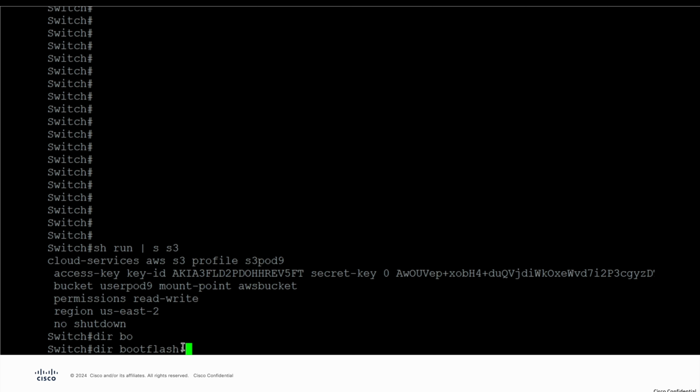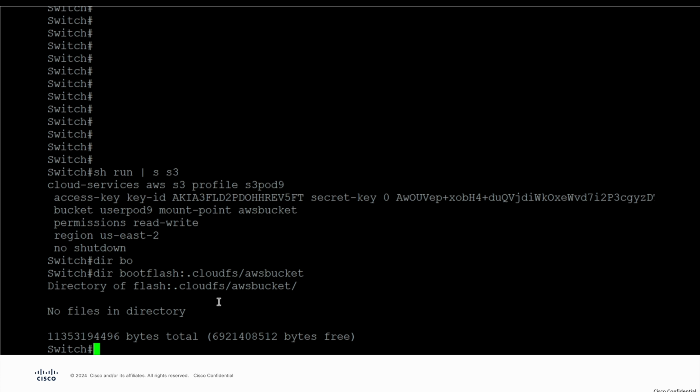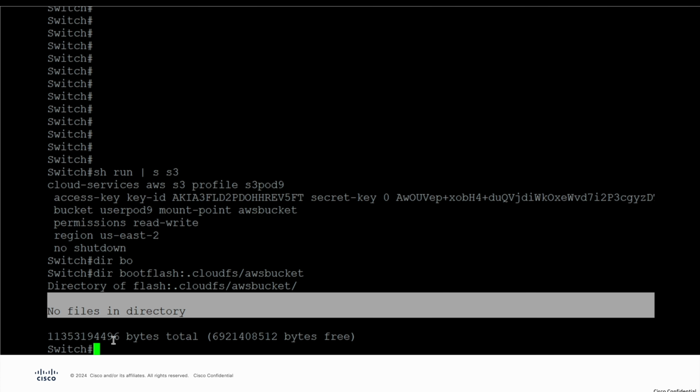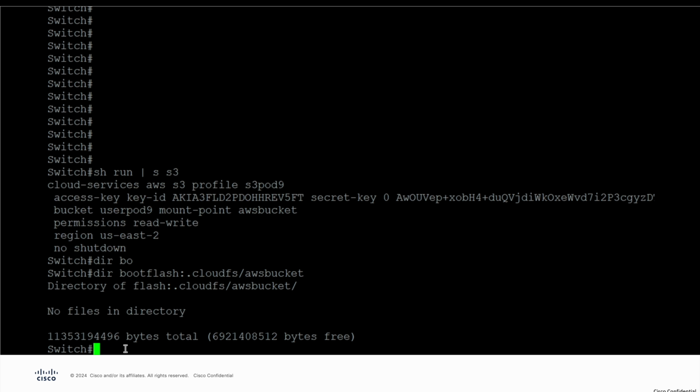So if I go into my boot flash directory into that specific AWS S3 bucket, I can see all the files within that specific directory. And right now I don't have anything here, right? So now if I was to open up